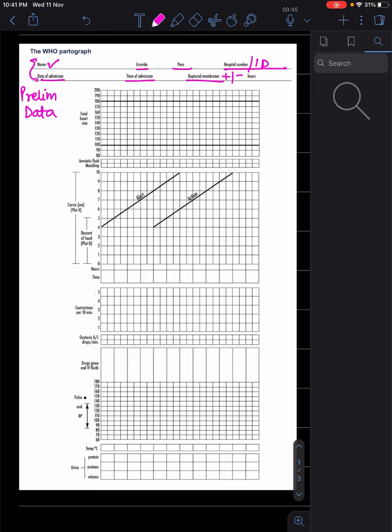Okay, after that we go into fetal heart rate. Now fetal heart rate, you'll ask me how often are we supposed to plot it? It is plotted every half hourly, right? So if the fetal heart rate is 130 at, supposing, 7 o'clock, then you check it again at 7:30, it is 140, you plot it over here. Supposing it is 135, you go back to this. Then again, if it comes down to 120, this is how you plot the fetal heart rate, right?